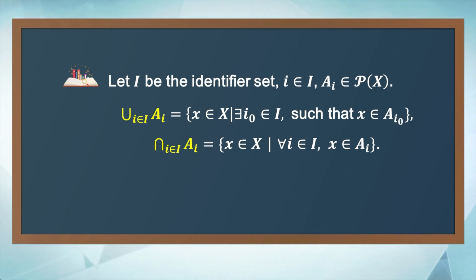The union of a collection of sets is the set that contains those elements that are members of at least one set in the collection. The intersection of a collection of sets is the set that contains those elements that are members of all the sets in the collection. Again, we noted that each crisp set is characterized by its characteristic function,